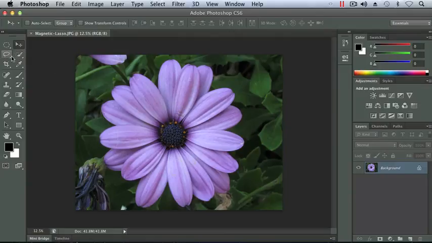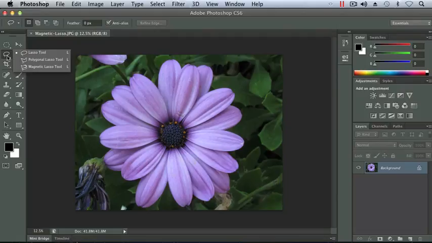So the lasso tool, if you click and hold on the lasso tool, you'll see we have the lasso tool, the polygonal lasso, and the magnetic lasso. So let's begin with the lasso tool. You'll see we have a little lasso hanging on the edge of our cursor. And when I click and I drag, I can create a selection, any shape I want, by simply dragging my mouse. And as you see, I can follow the edge of my flower, and I can try and create a